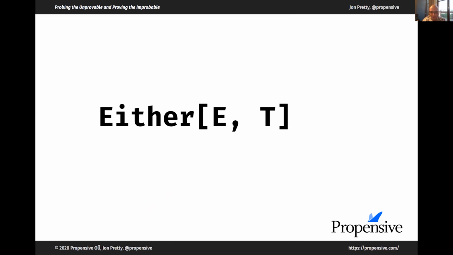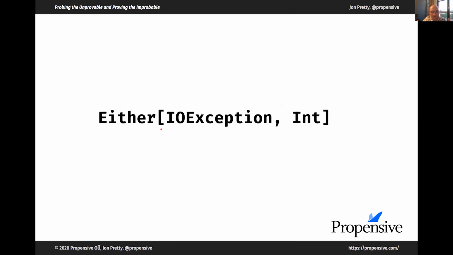This gives you more type information at compile time on the exception type. So if, for example, we had some sort of file system operation, we might use Either of IOException and Int to represent that. Now that's great, except that every time you want to write the return type, you have to write Either[IOException, Int]. And the happy path, or the happy return type, is this one here, Int. Whereas for me, just visually looking at this, the type is dominated by the exceptional case.